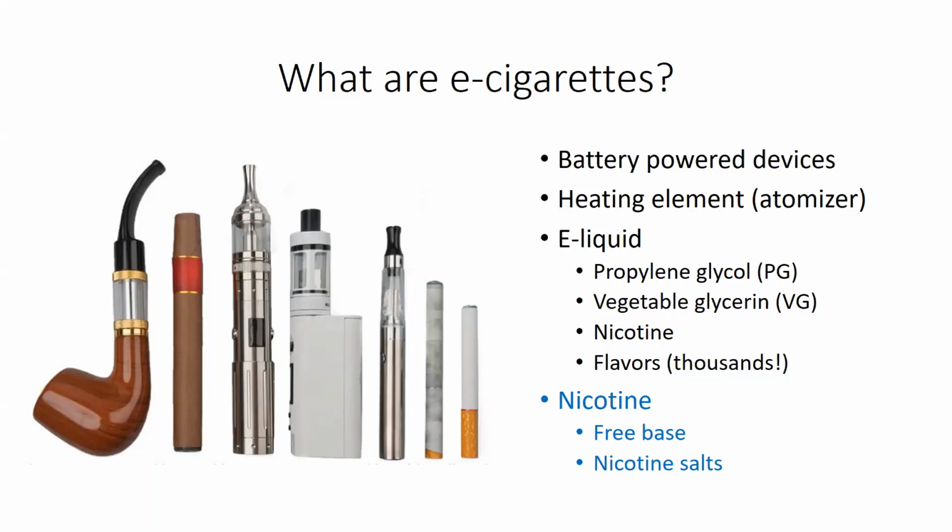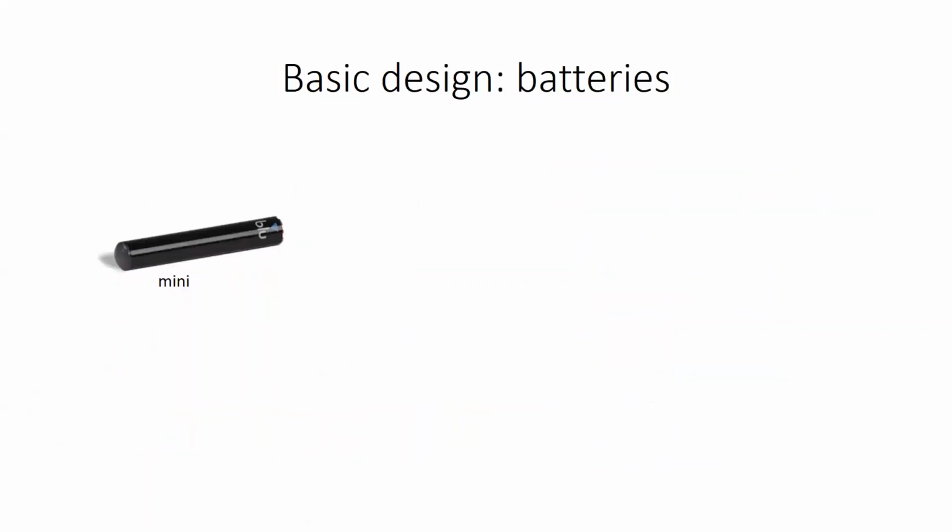Now, you've heard that nicotine could be in the form of the freebase, and I'll just briefly talk about this later. The freebase nicotine, and then if you've heard about Juul, you know about this nicotine salt, which has really captivated a lot of people. So the nicotine could be in the form of the freebase versus the nicotine salts, and I'll speak again briefly about this. So let's talk about the basic design of e-cigarettes.